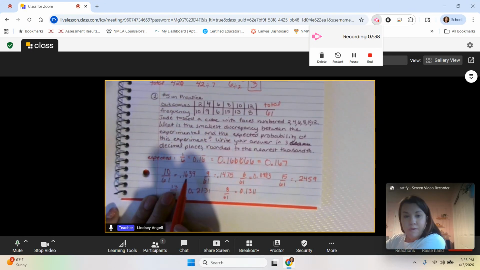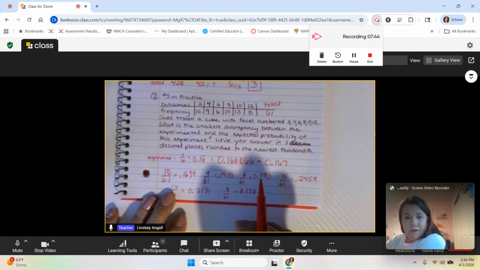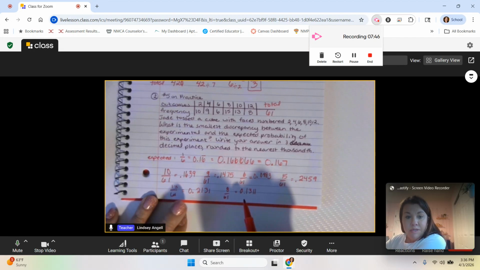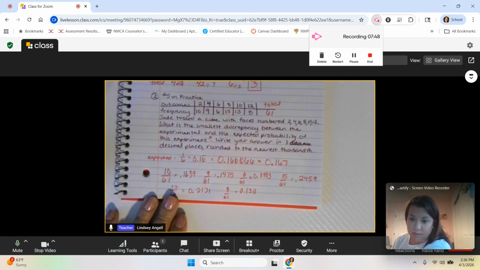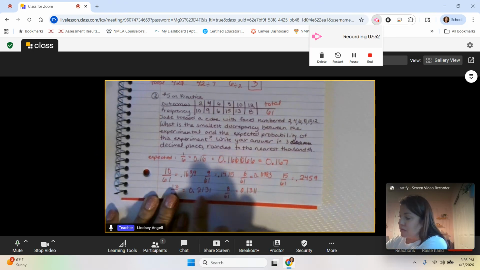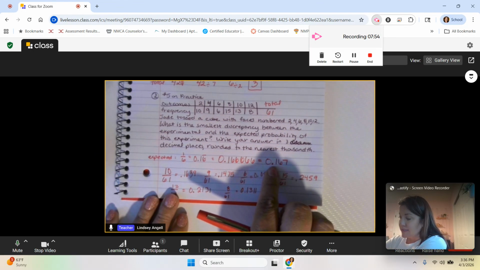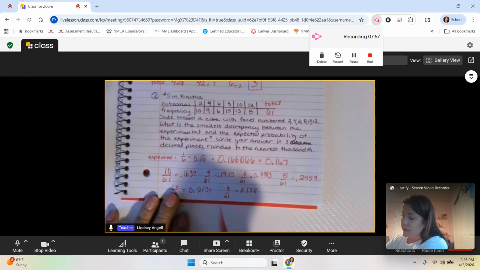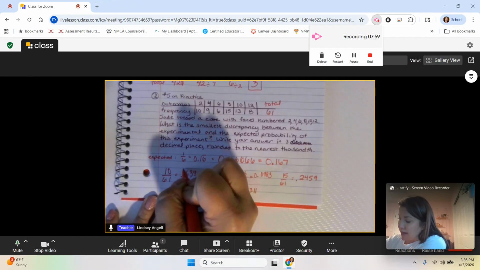The reason I'm focusing on this one is because notice it starts out the same, 0.16. All the other ones are further away, which means they have a larger discrepancy, meaning a bigger difference between them and the expected probability. But with this one, I could rewrite this as